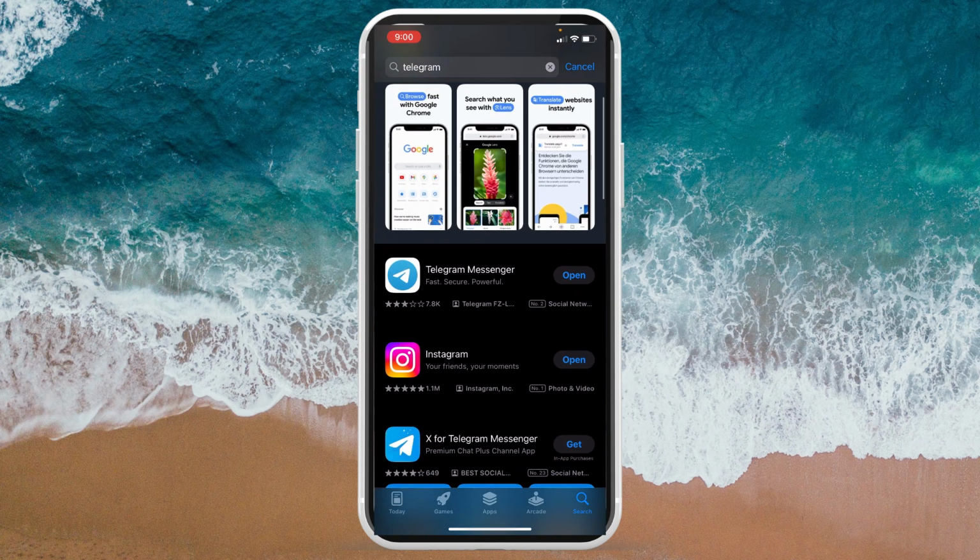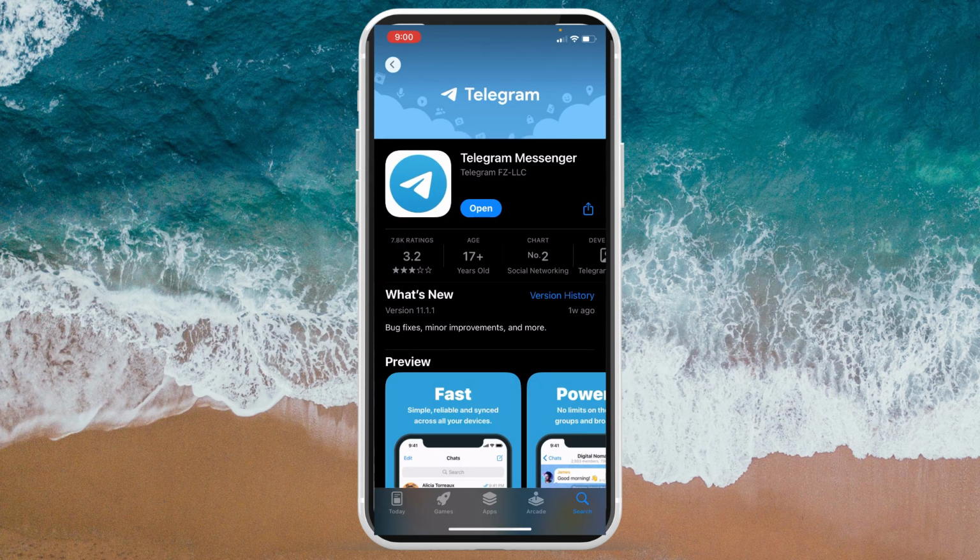Right after, you have to go ahead and check if there is an update option in here. If there is, you have to click on that and update your Telegram app. So make sure that you have the latest version for this one. And then right after, what you need to do as well, if you're still seeing the same error message, is